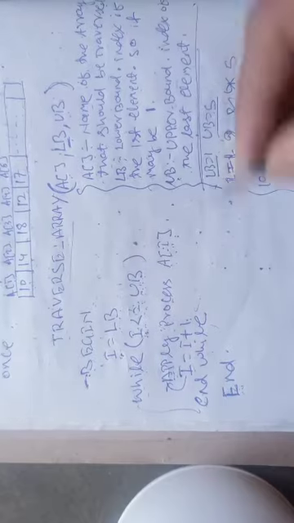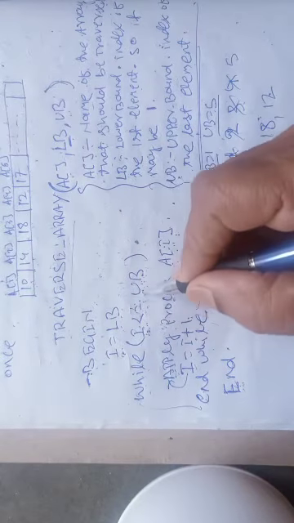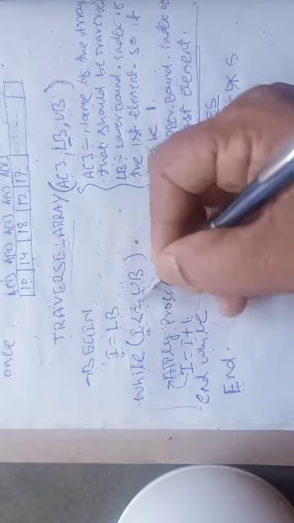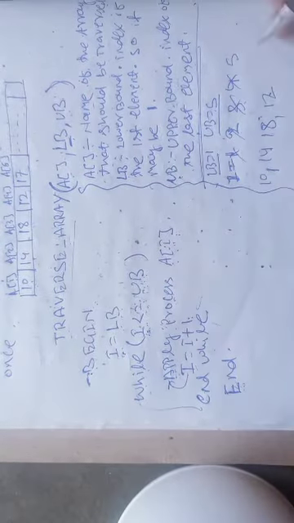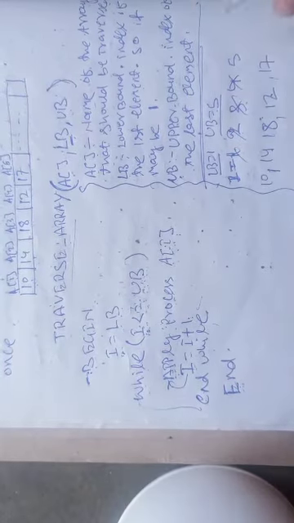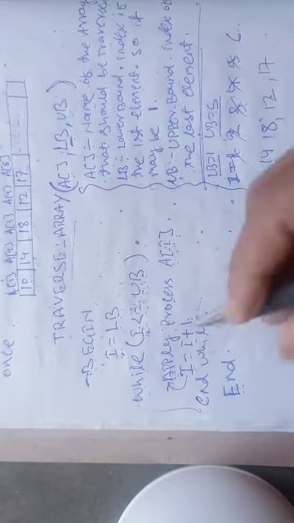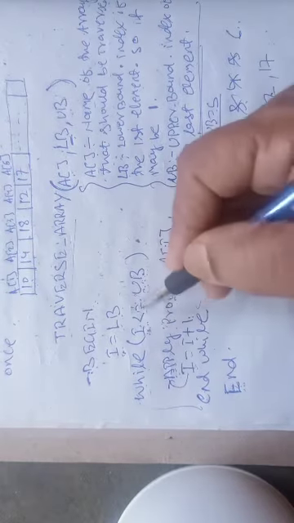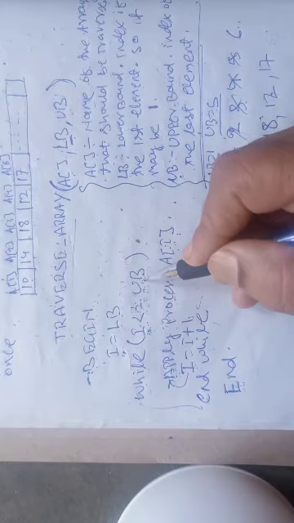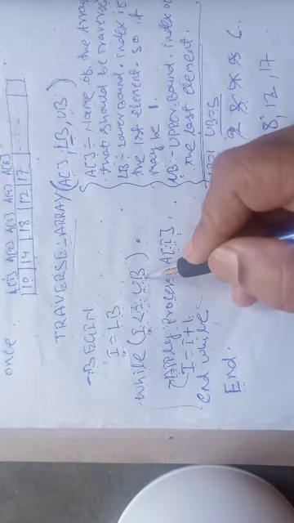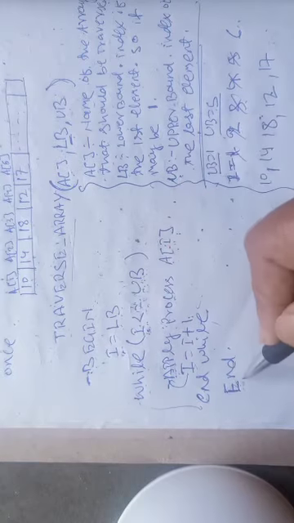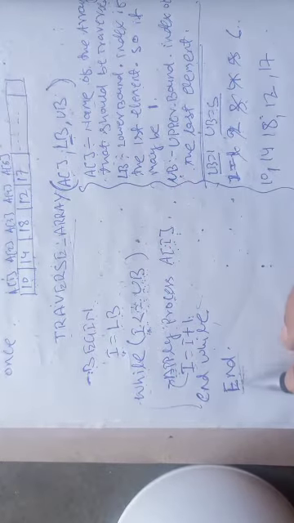I becomes 5. Come back: 5 is less than or equal to 5. Yes, 5 is less than or equal to upper bound, correct. So again move inside and apply the process to the fifth element, which is 17. Now I increment I by 1, so I becomes 6. When we reach end while and come back once again, the value of I is 6, and 6 is not less than or equal to upper bound because my upper bound is 5. Now this condition is false and we come out of the loop. Finally the algorithm terminates.